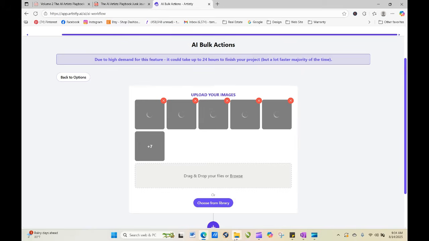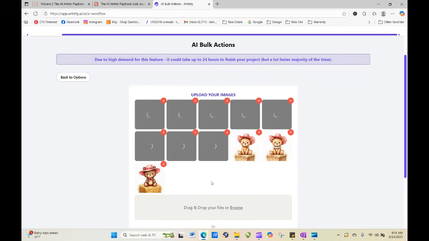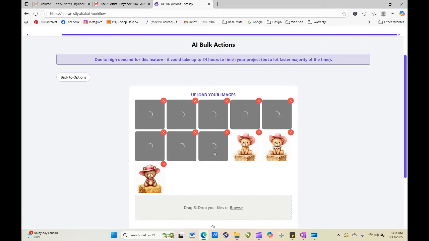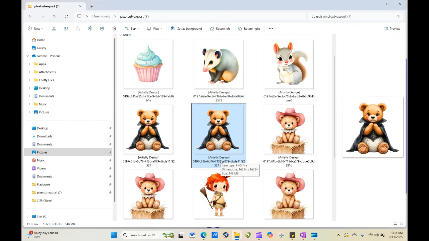I'm going to pop over just to look and see, because sometimes I'm wondering if maybe, oh, there they are, beginning to pop up. So they are coming through. It's just taking a little while. I'm going to pop over here though and look to see if these have already been upscaled. They actually have already been upscaled. That's why it's taken them so long